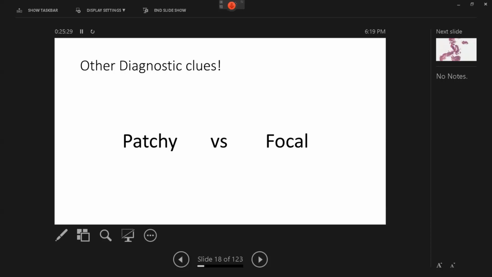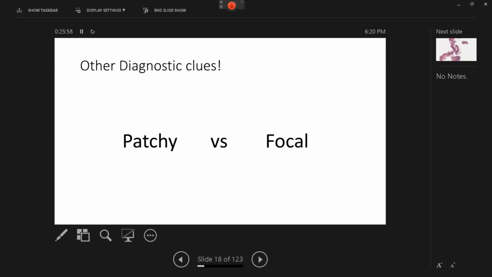Right, so I agree with you that patchy will have some skipping, but doesn't focal also have skipping? It does. But if you are to use the word focal, use it on the single biopsy. So if you are describing for me one cecal biopsy and it has one focus of inflammation within it, then just describe it on that single fragment.